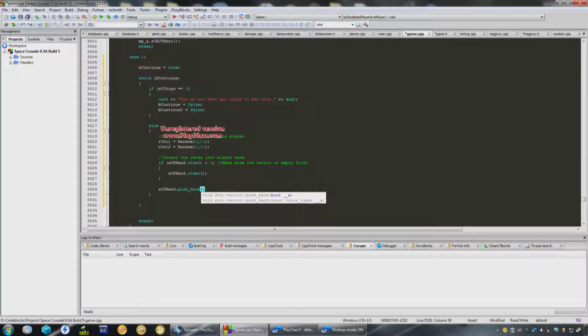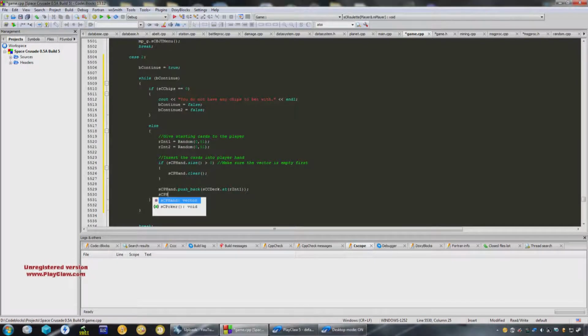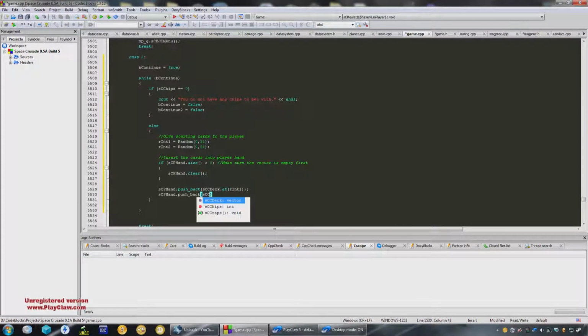Then we're just gonna go the cards, and then SCC deck dot at rint1, and SCP hand dot push back SCC deck. Alright, now